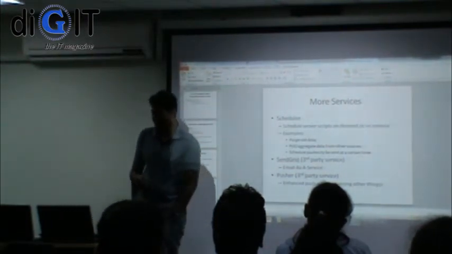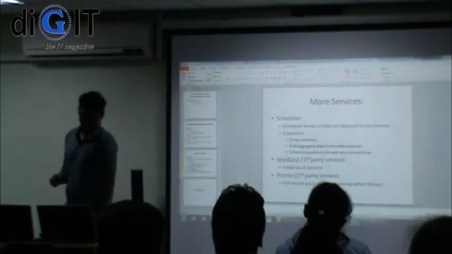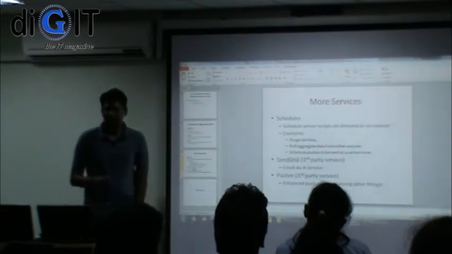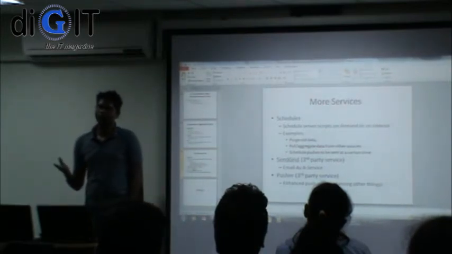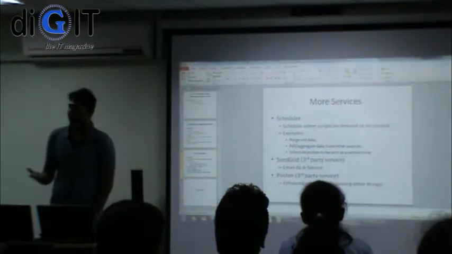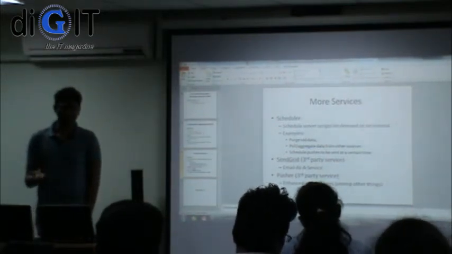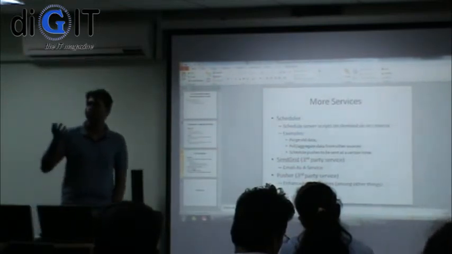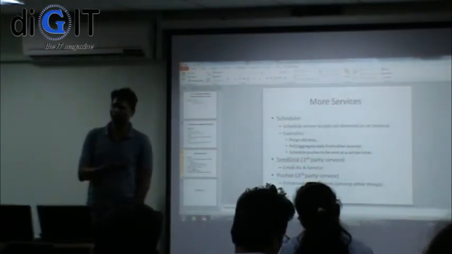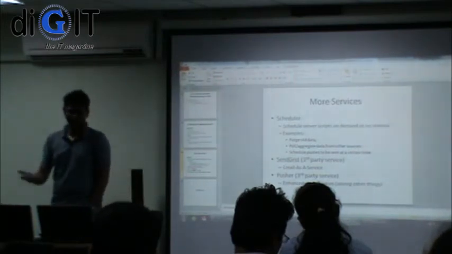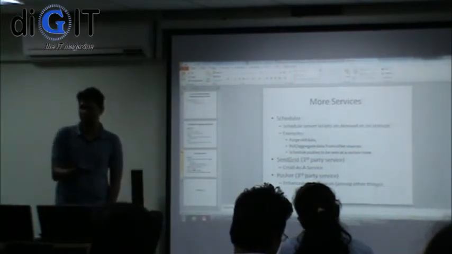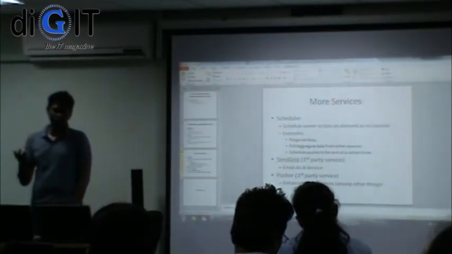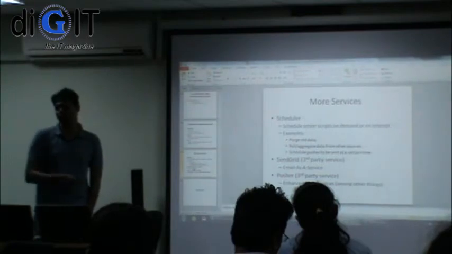There's third-party stuff here as well. SendGrid is one of those third-party services. Anyone use SendGrid? It's email as a service. You access email via an API. So if you want a backend service sending out emails, for example when you register, you can send an email. Natively you can't do that because Azure doesn't have that. If you purchase an account from SendGrid, they give you an API which you can use.